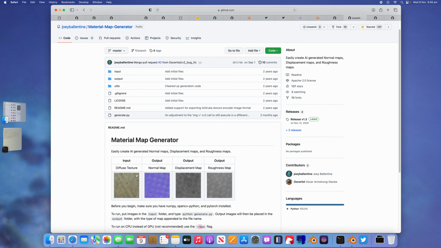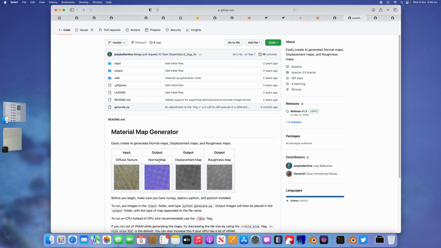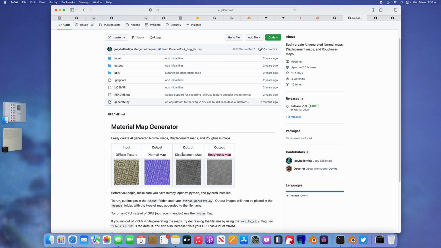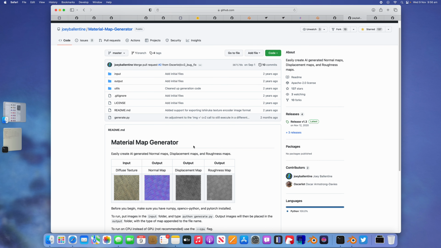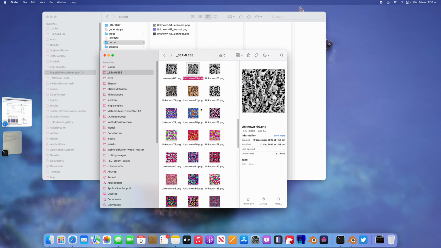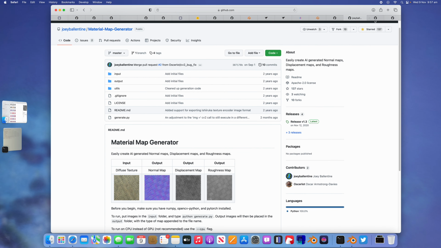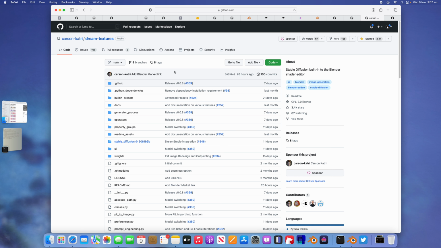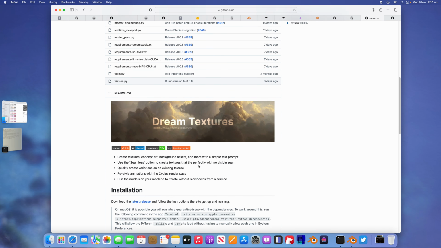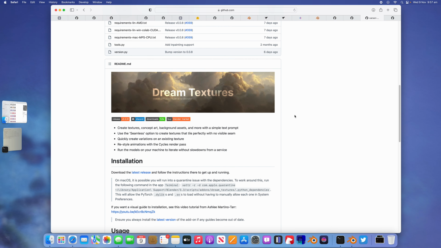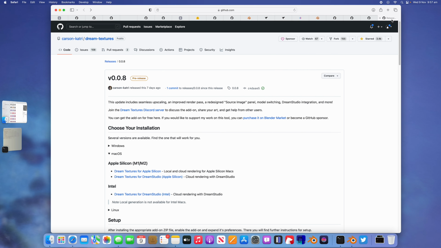But anyway, it will generate PBR like normal, roughness, displacement. This is gonna be automatic. It's gonna try to guess the image texture and then generate the PBR for you. So the idea here, of course, you can supply your own texture like a seamless texture, or you can use Dream Textures, which is the one from Carson Katri. This add-on can generate textures using AI, and it's gonna be seamless,